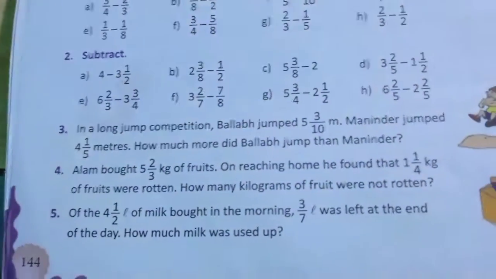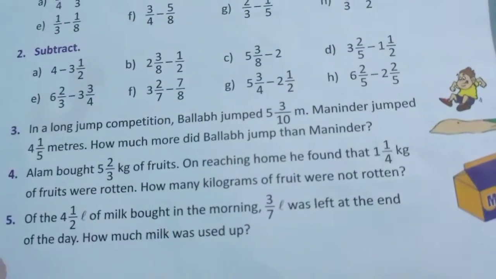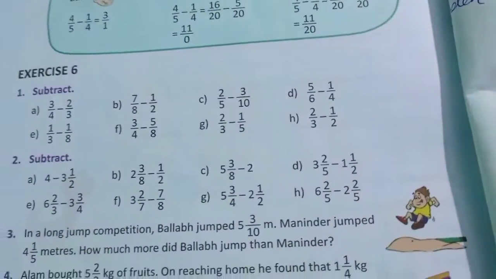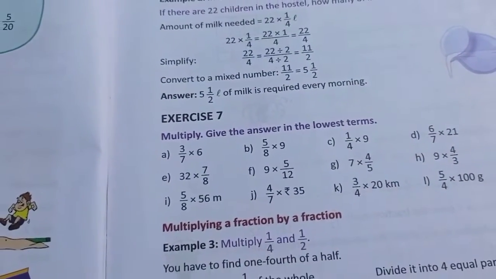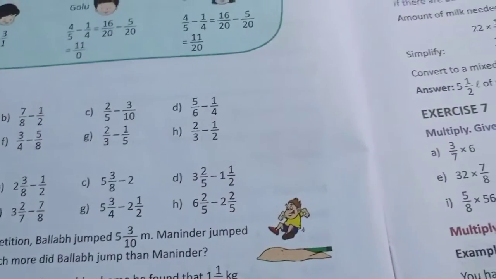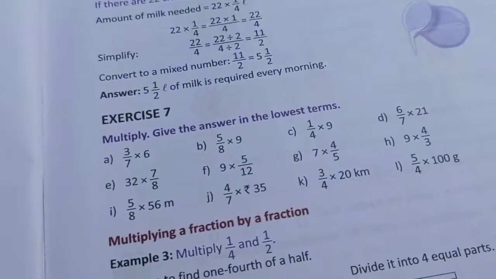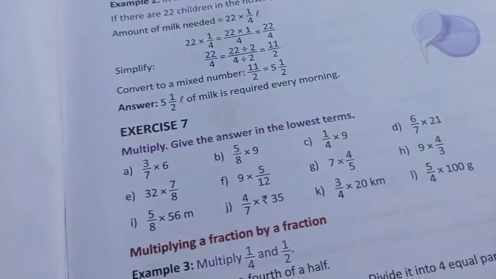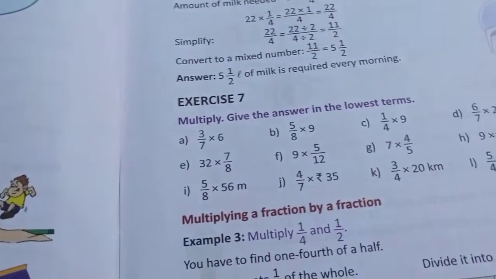So question number 5 is homework for you. You can do it by yourself. Very simple. So with this, I would like to conclude. In the next class, we will be dealing with how you multiply. Addition and subtraction are somewhat difficult, but if you practice it the way I have shown you, try to copy it, try to see the pattern, you will be able to do it. Multiplication is very simple, and in multiplication it's even easier.